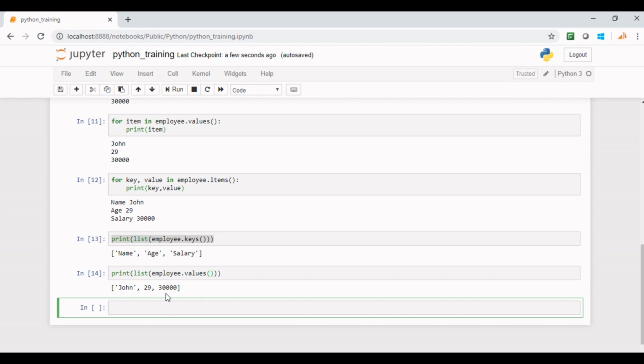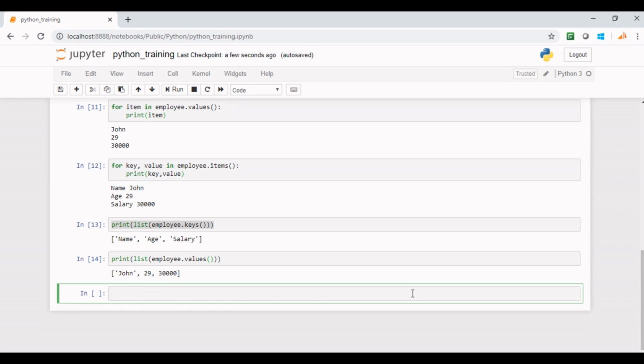Friends, one important concept about Python dictionary you should note here is that value of all the elements can be any mutable or immutable object. But key of all elements must be an immutable Python object that is a number, a string or a tuple. Let's understand it with an example.